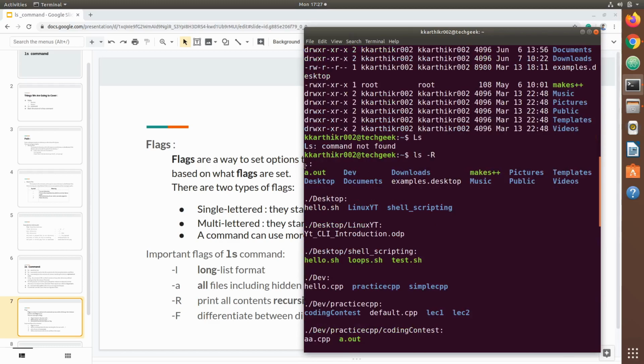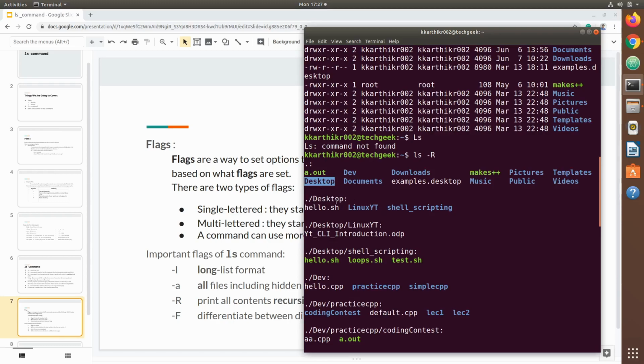Let us see the R flag. First, it prints out the contents of the present working directory. These are the contents of the present working directory. Then it prints out the contents of the first subdirectory. The first subdirectory here is Desktop. It prints out the contents of the first subdirectory.